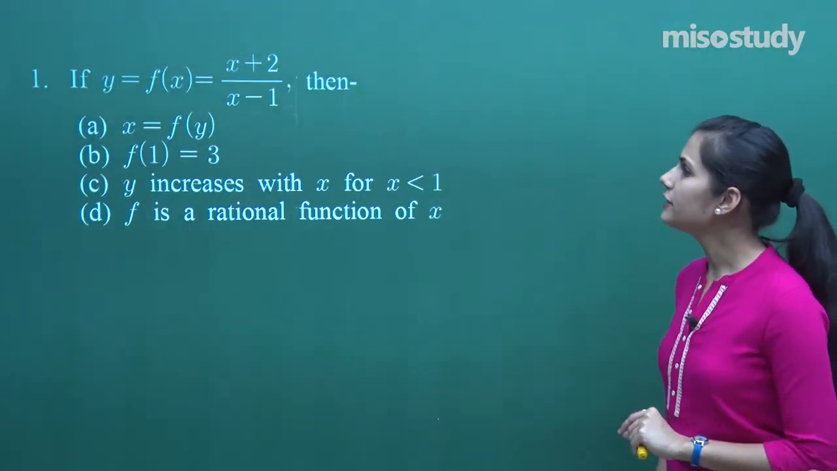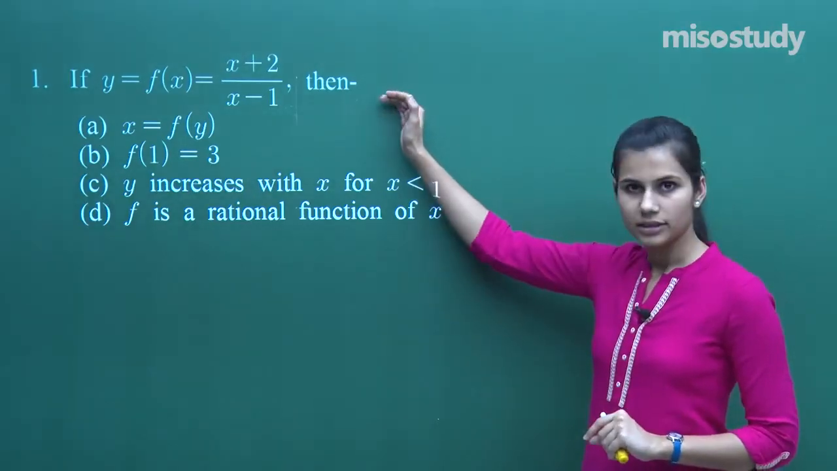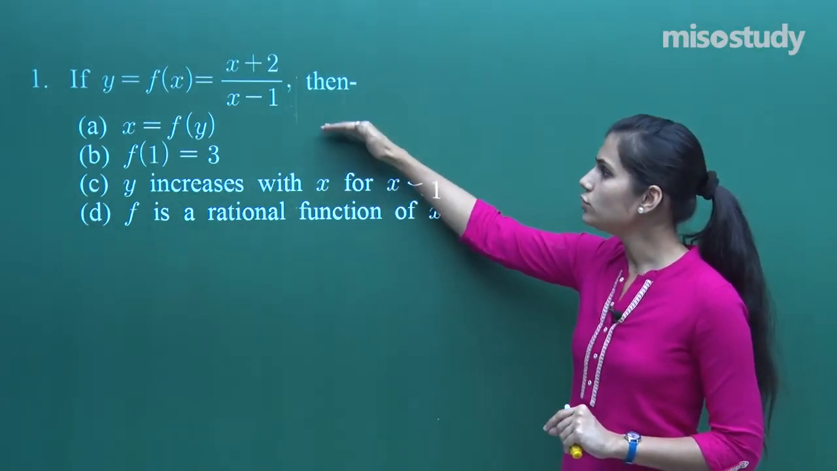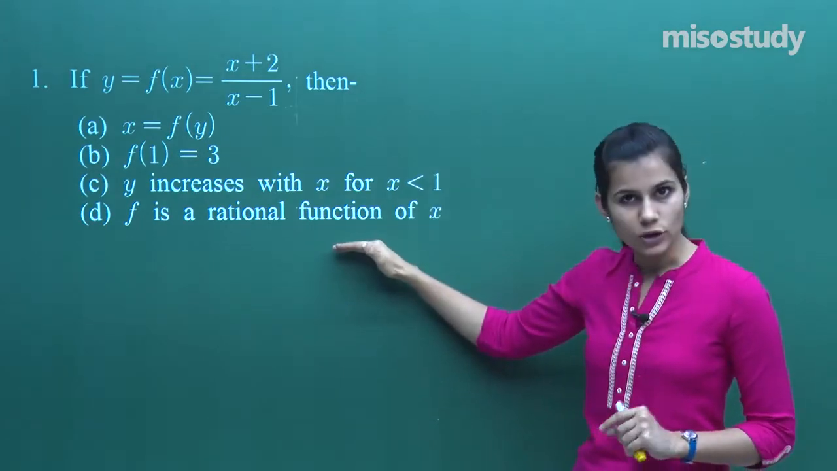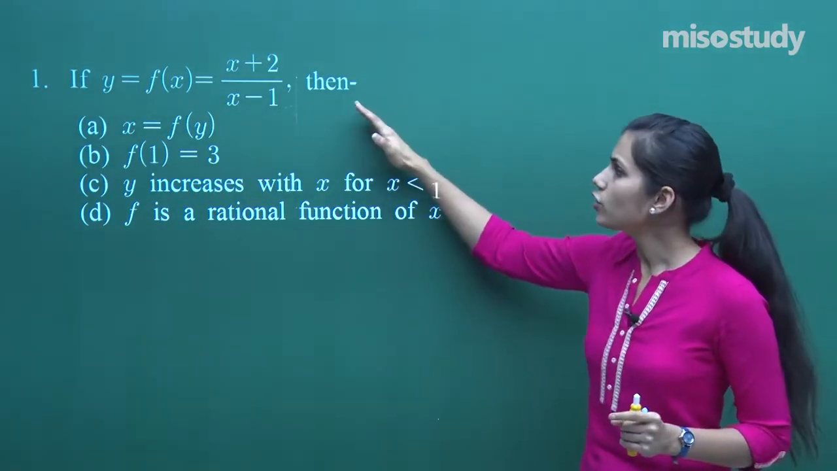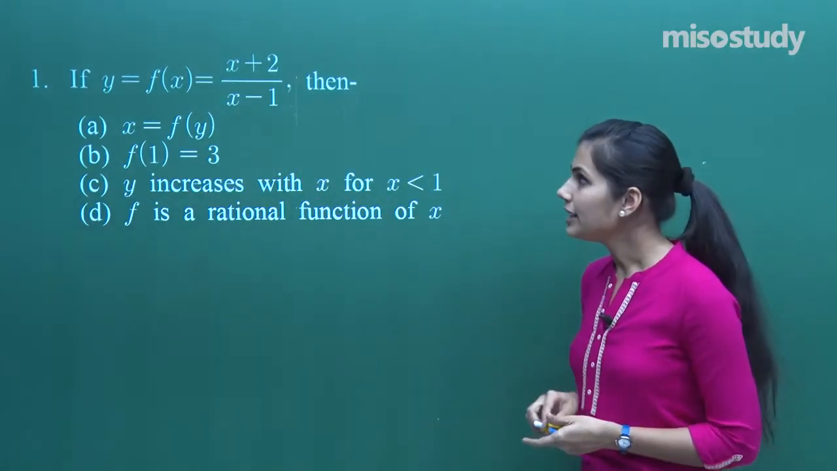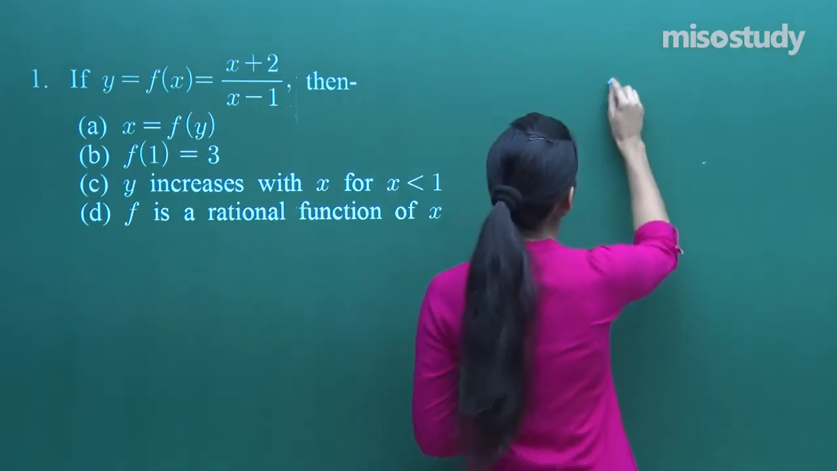A function is given to you, f(x) equals (x plus 2) upon (x minus 1), then... That's it. So the function is given to you. Depending upon what the options demand, we will be proceeding with the solution. First option says x equals f of y. So primarily in the first case, if I begin with the solution,